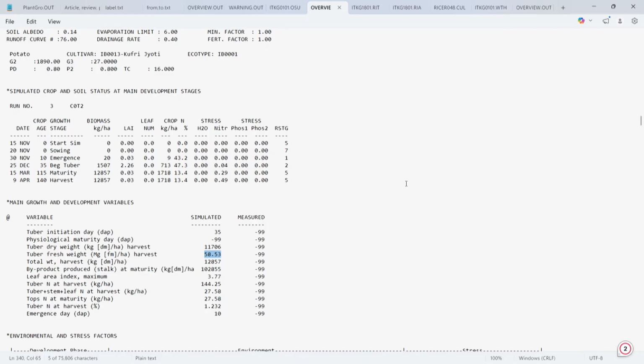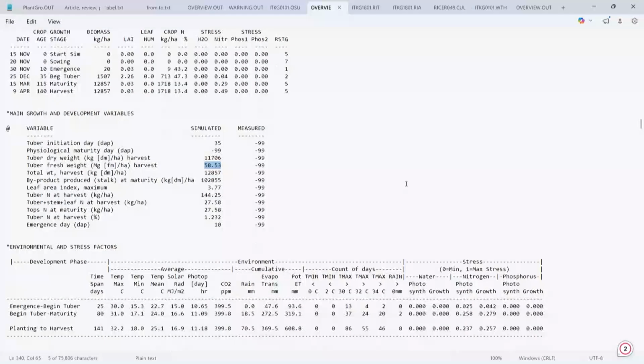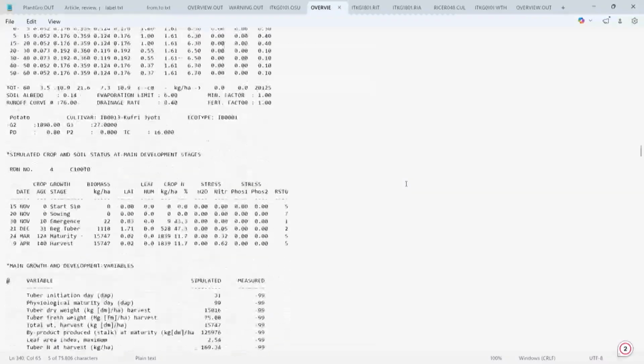Similarly, if you go to the other one, C200 T0, carbon dioxide increases by 200 ppm, but temperature 0 degree Celsius.